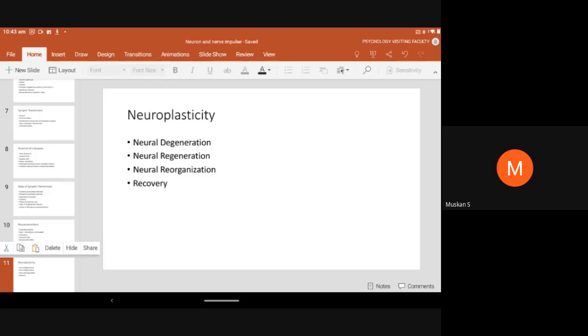Now, it was earlier believed that damage to the central nervous system, that means mainly the brain and the spinal cord, is permanent or more or less permanent. It was also hypothesized that the adult or mature brain was incapable of any